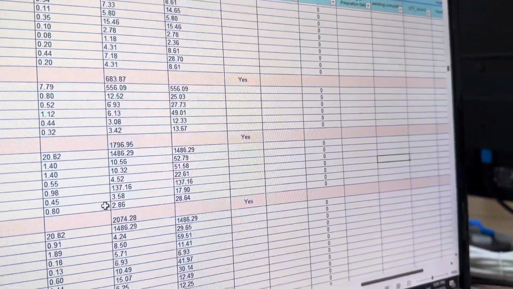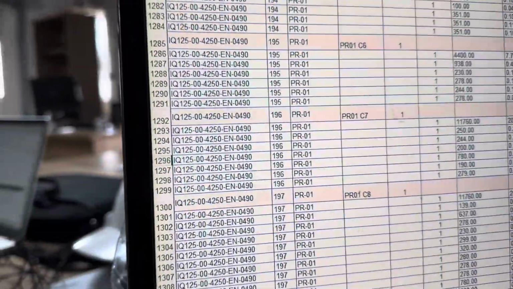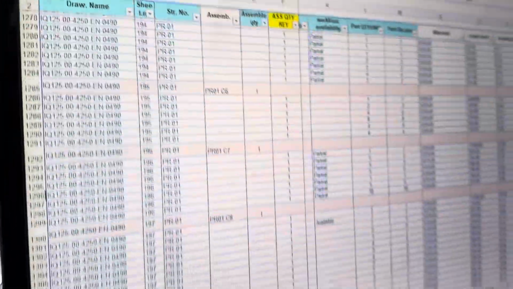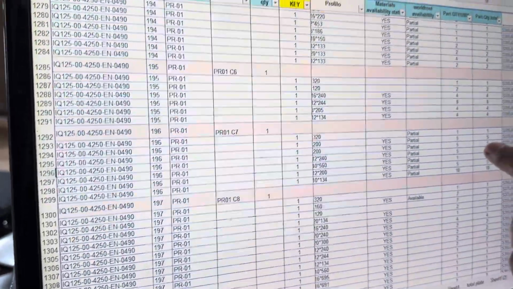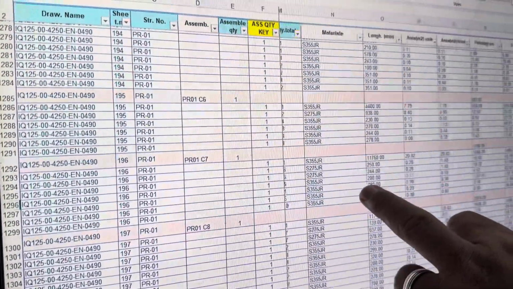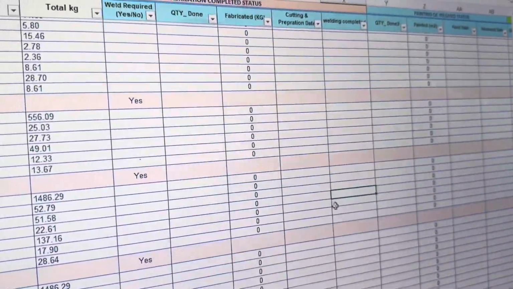How many, automatically, for example 2 or 3? Already whatever is here, I put it here. But why can we not make the connection directly if we put one? Yes, directly it will come. How many members? 5 members. Total details is here. Part quantity total how much? Then if we put here welding completed,